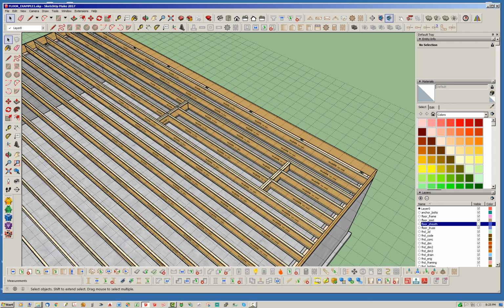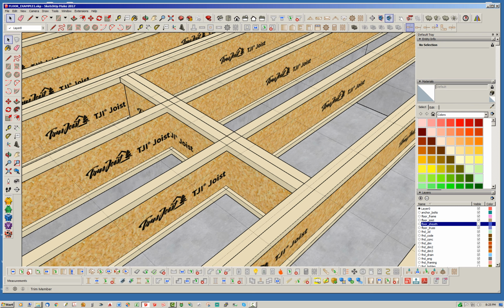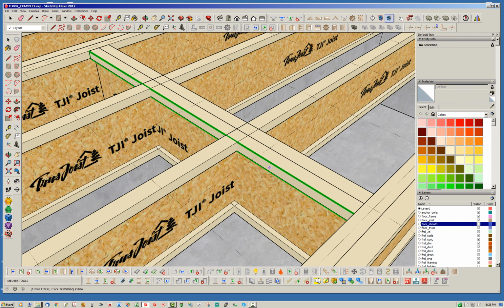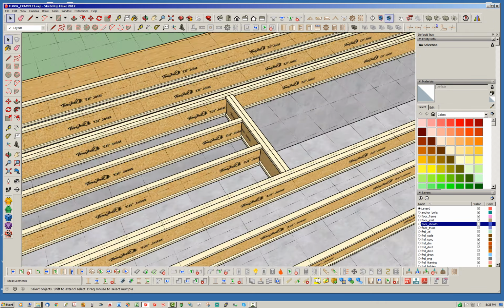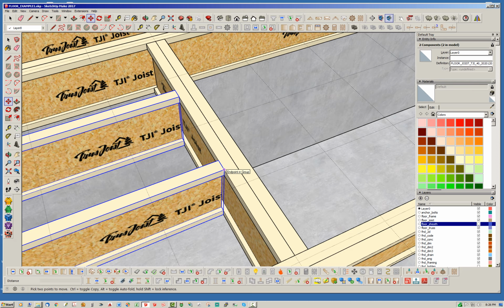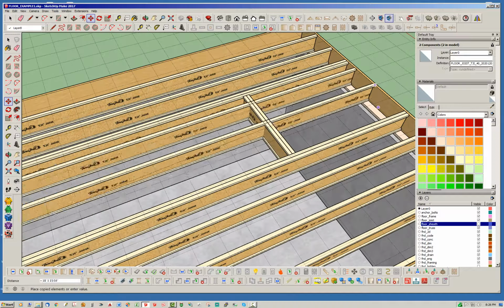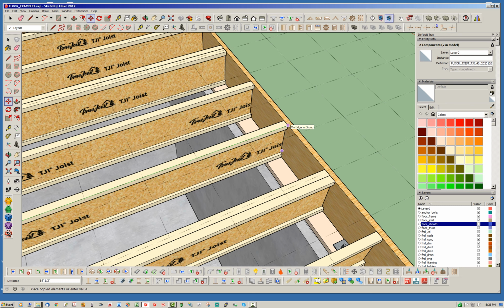Okay, so now, I don't know, it really depends what you want to do, but there's a million ways to skin this cat. Let's just come along here and just trim these two like that, and then we'll take these two, and we'll say move, but we're not actually moving, we're copying. We'll just go ahead and stretch out. Sometimes it's harder. I need a better mouse. Okay, and then